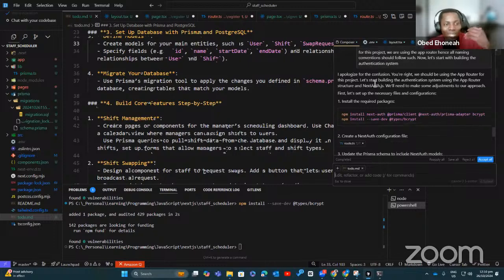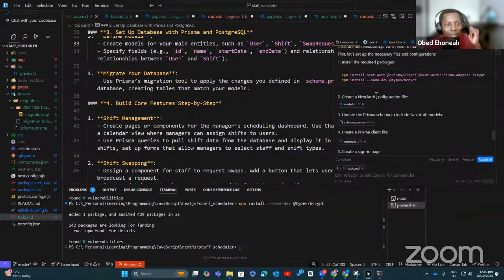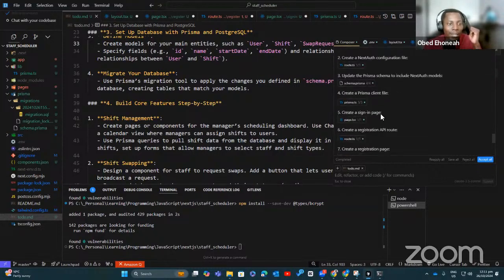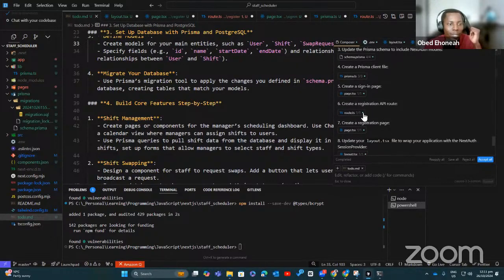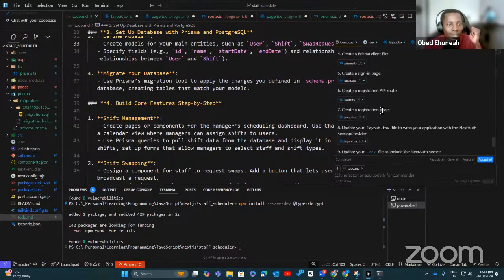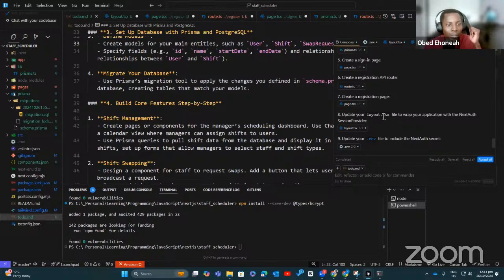Say, okay, I apologize for the confusion. Oh, these juniors are very respectful. You're right. We should be using the app router for this project. Let's start building the authentication using the app router structure and Nest Auth. We will need to make some adjustment to our approach. So we install the packages, create Nest Auth configuration, update the Prisma schema, create a client, create a sign-in page, create a registration API, create a registration page, update the layouts.